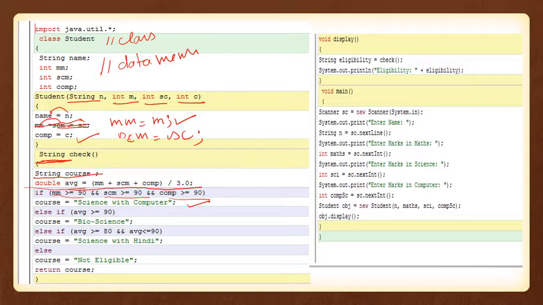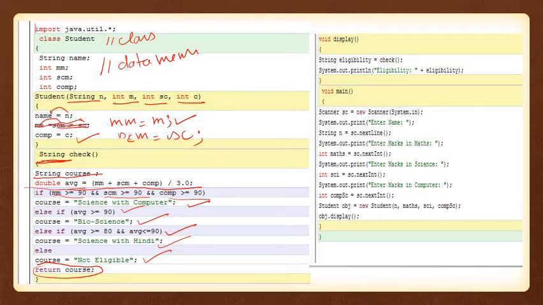Else if average is greater than or equal to 90, then bioscience. If average is greater than 80 and less than 90, then science with Hindi, else not eligible. And return the value of course.